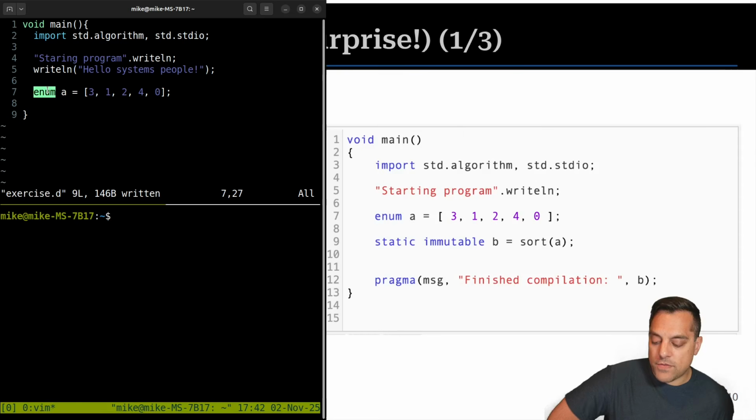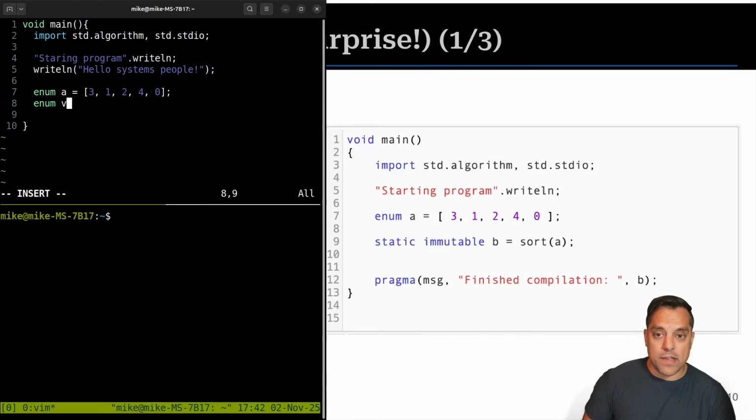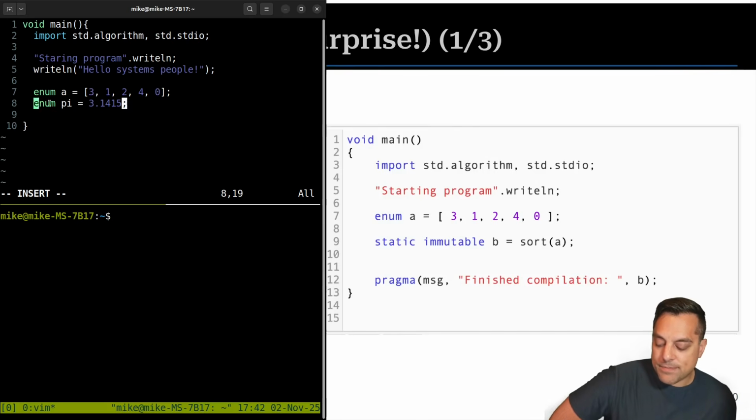Well, you know, if you've used enums in C, these could be things like, you know, I could have an enum for the days of the week, things like Monday, Tuesday, Wednesday, Thursday, etc., so that I don't have to assign them values. In C, an enum would reduce to an actual integer value, but this is something that I fully have available as a compile time variable. So it could be an array, it could just be some value like this, 3.1. Oops, let me make sure I get pi right. You know, something like that here, 3.1415, whatever pi is.